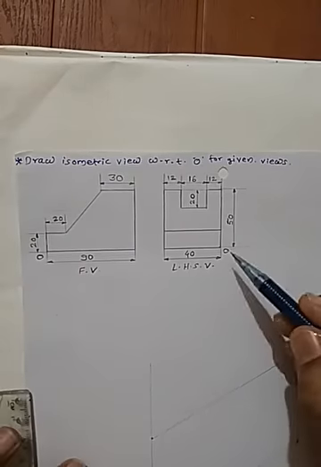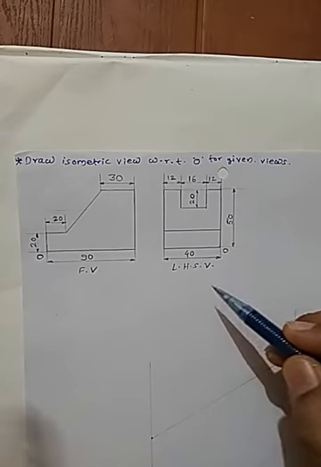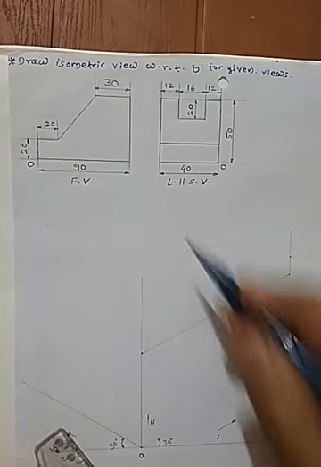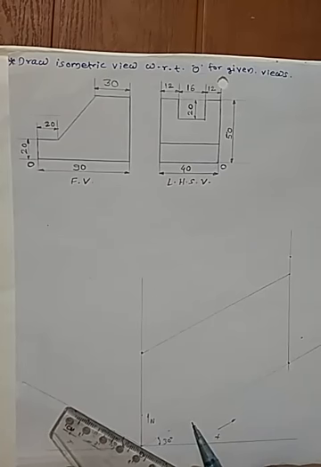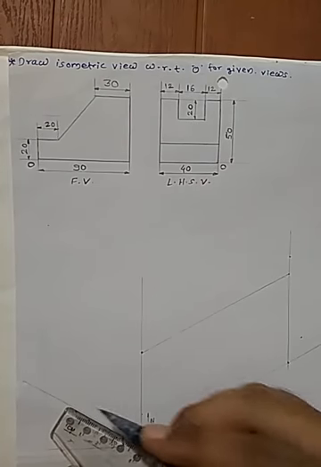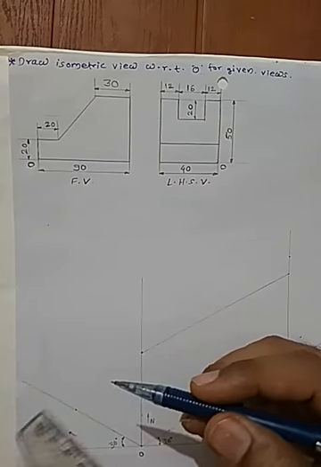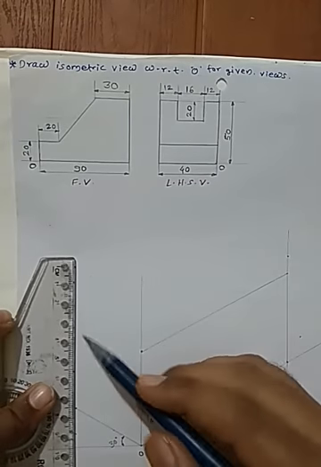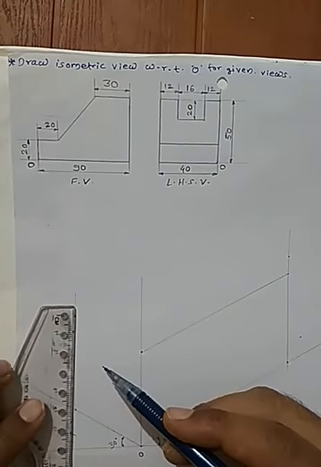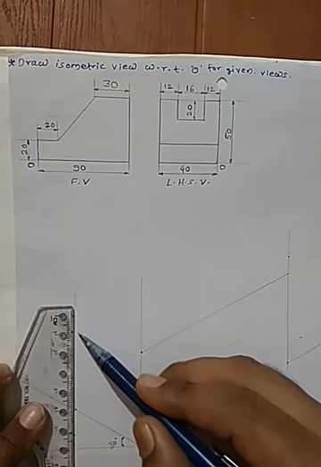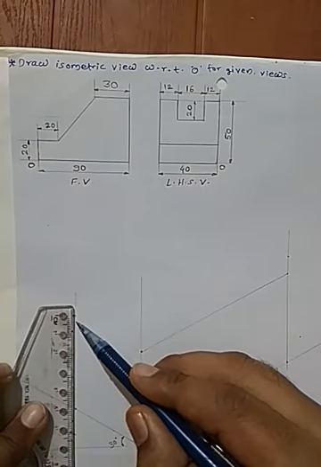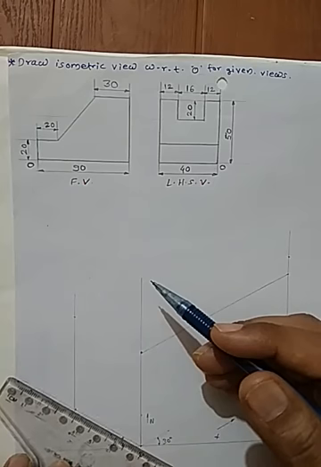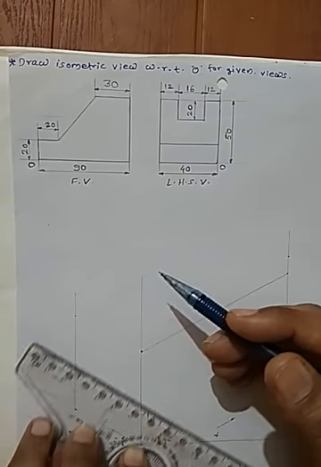Now towards the left of the origin, you can see there is a left hand side view towards the left. So here is our origin. Towards the left you can see 40 mm is there. So towards the left you can count 40 mm on the baseline, that is on the Y axis. From that again you need to count 50 mm as a height. Draw one vertical line and take 50 mm distance. This line is parallel to the Z axis, which is giving you the height for this object. Now you need to draw a line parallel to the Y axis here.